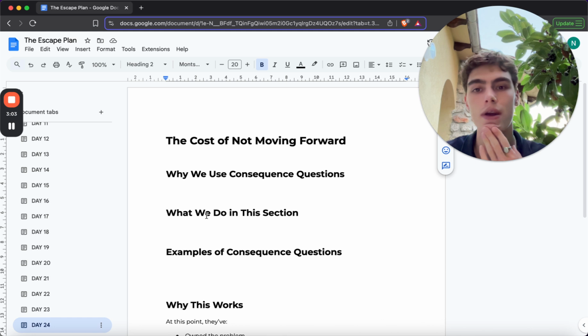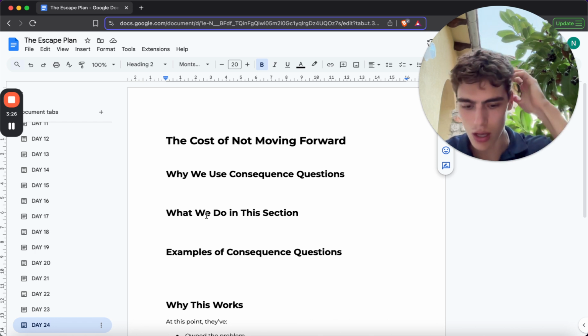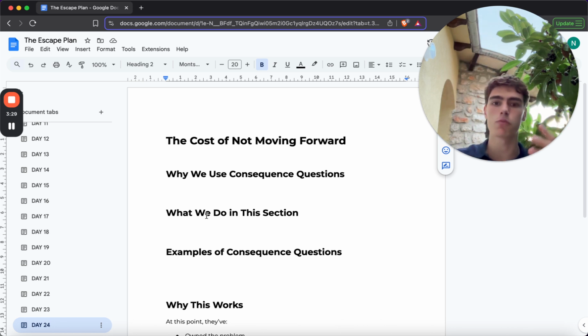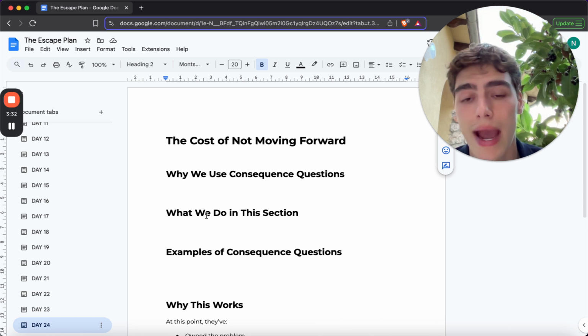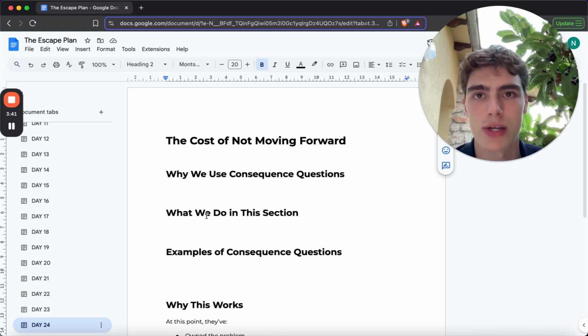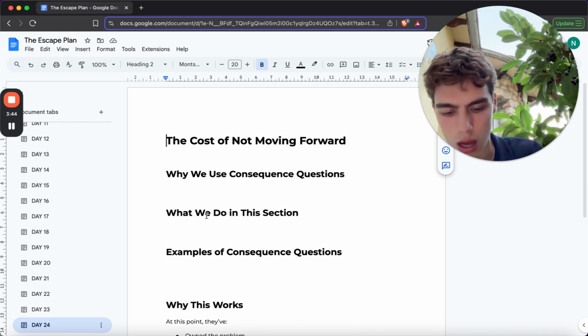The second thing is we're helping them realize that this is a problem to solve now, not a problem to solve later. This is what we call in sales creating urgency. It builds that internal urgency from them, without us doing anything. We're just asking a question. It's all coming from them. And then we're also preparing them to take action because they understand the full picture of their current situation, the future, and what staying in their current situation is going to look like for them.